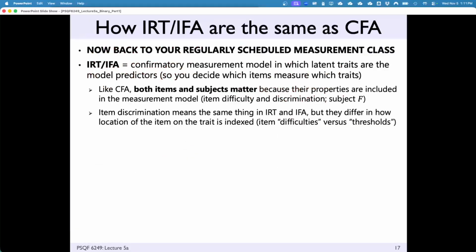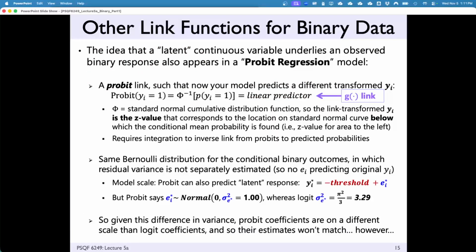Let's get to the following. There are other link functions for binary data. So I'm going to go back to just the idea of 0 and 1 data for right now. The logit link is what we just talked about before. Turns out there's another one called the probit. The probit is where we take basically our mean value of y, that mean probability, and we turn it into effectively a z-score. Basically, what is the value of the z-score where the area under the curve to the left-hand side, my right, your left, happens to be, right?